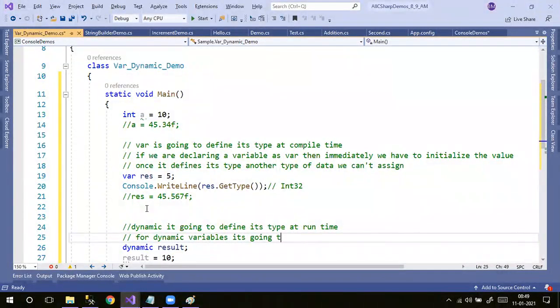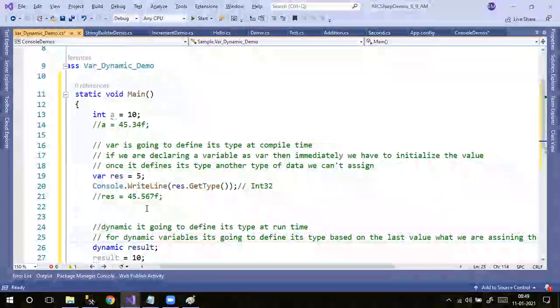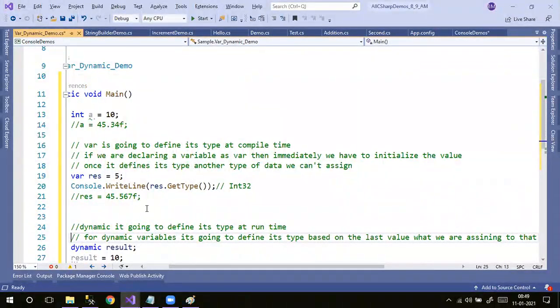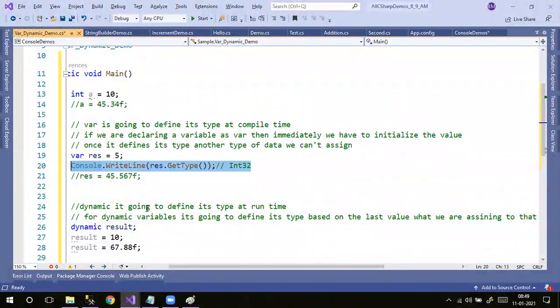It's going to define its type based on the last value we are assigning to that variable. That means at last, if I ask here, it will show Int32. And the same thing, if I ask here,